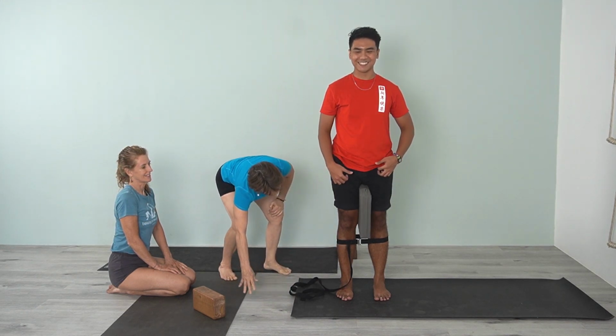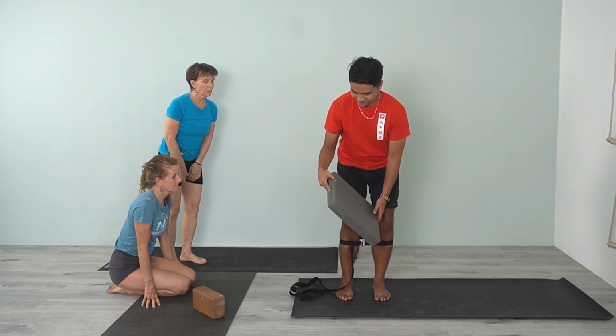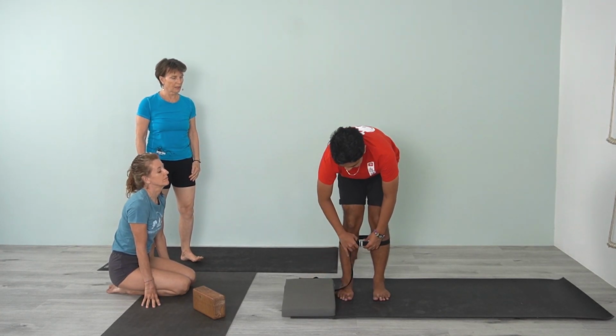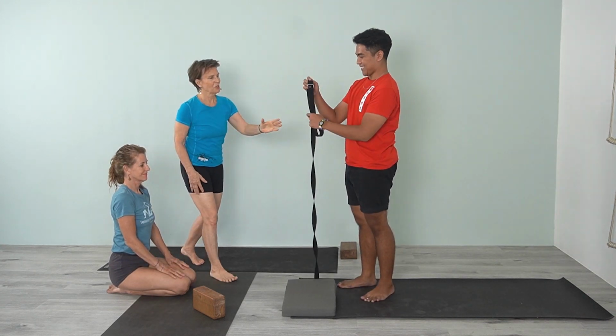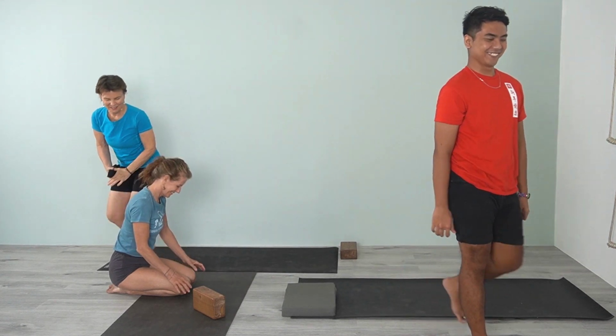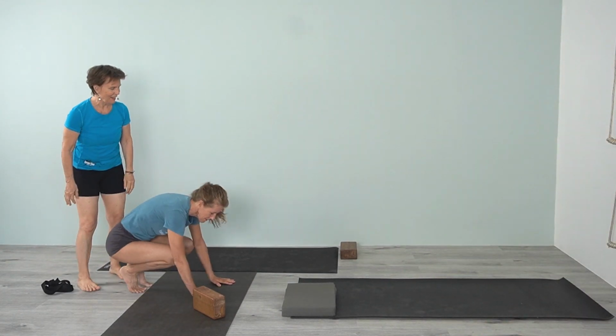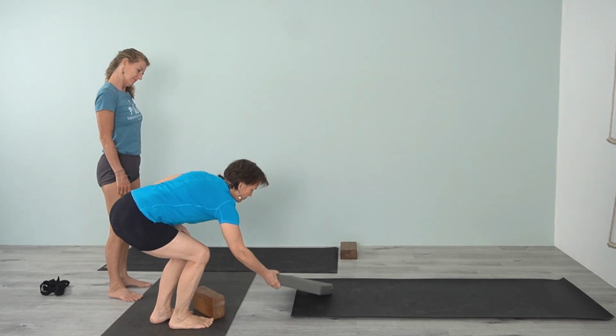So you can take that off, take that away. So he could really feel the effects of that calf muscle, which he can continue to practice with. Thank you, Gian. Okay. All right, so Lisa, now you're going to take this block, or this foam pad,